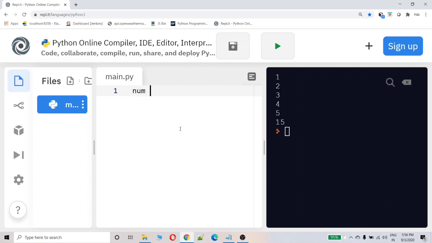Okay, let's say the number is 12345. What this remainder operation actually does is give the remainder. What is the remainder operator? The percentage sign is the remainder operator.